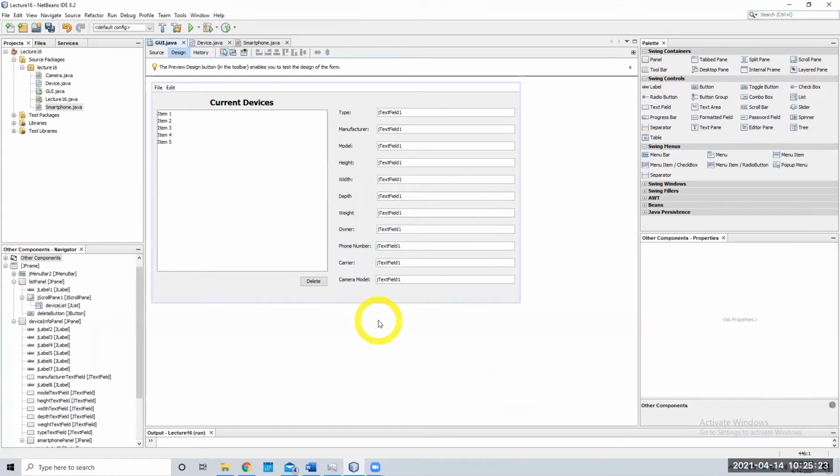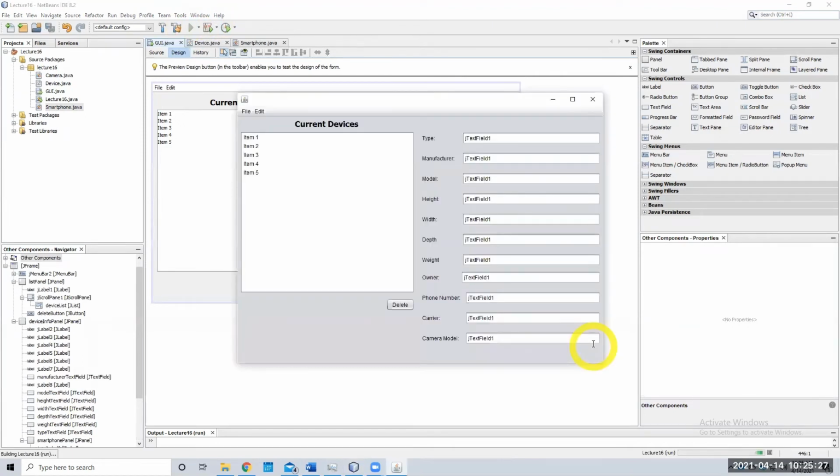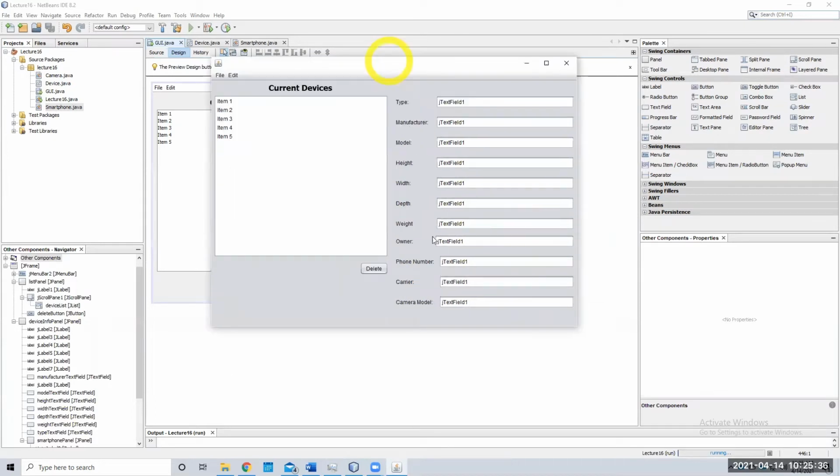All right. So when I run this, this is perfect for a camera. And actually, as you see, it's a little out of alignment up here. And we could do some things. Obviously, we'd have to go into the code and try to figure out how to align these better. And one thing we could do